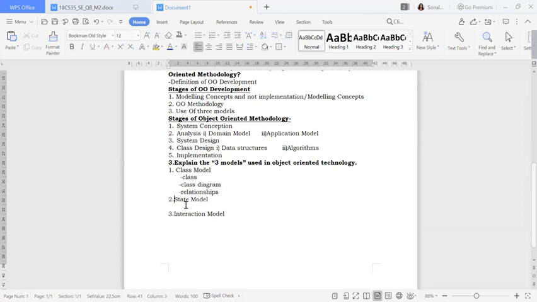Okay, fine. So here inside the state model, what are the things you are going to write? First point you can write about the state diagram. Okay, first point has to be the state diagram. One more point, if you want to write, is the transitions, how you are going to do the transitions. That point you can write.